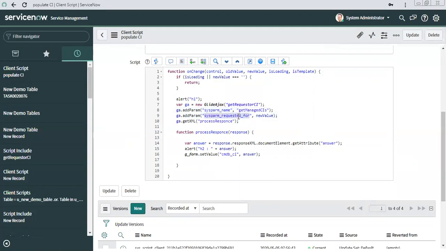Requested underscore for. It is correct. Process. This doesn't make any difference. This doesn't make any difference. Okay. This shouldn't be string, otherwise it will become a string. This is fine. This is fine.